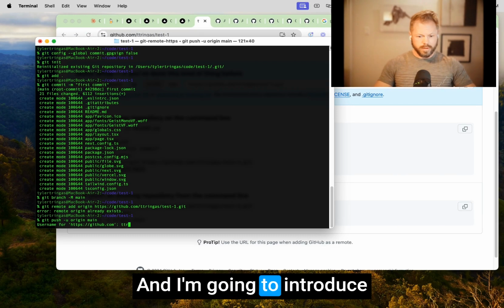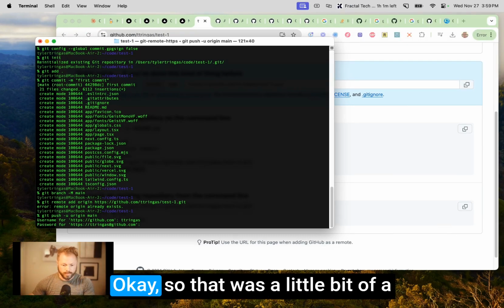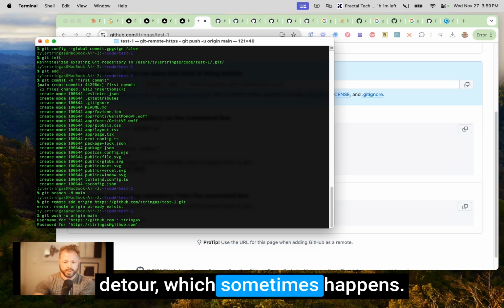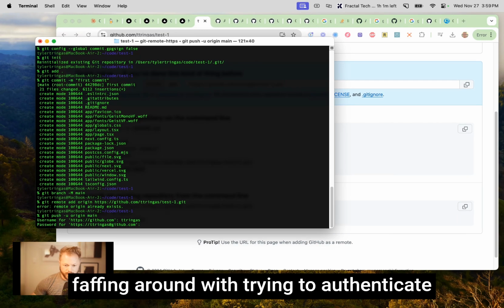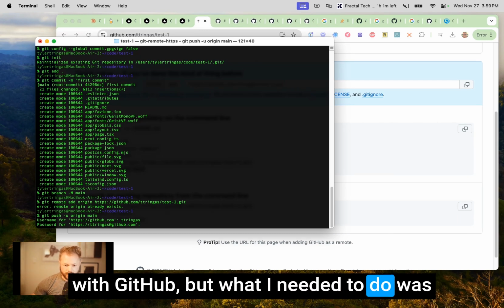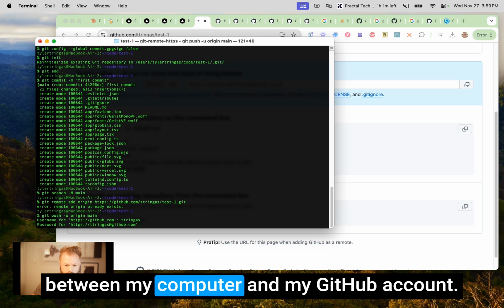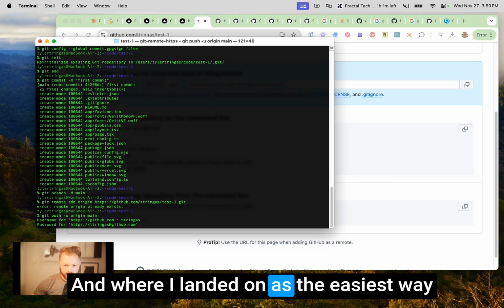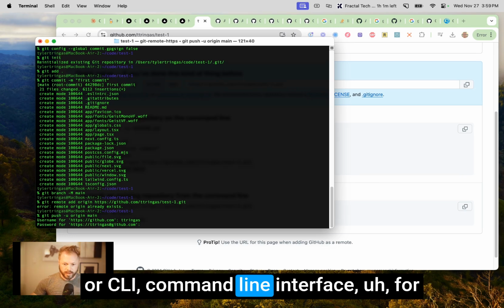Okay, so that was a little bit of a detour, which sometimes happens. I'm not sure if I'm going to edit out the entire faffing around with trying to authenticate with GitHub, but what I needed to do was to somehow create a secure connection between my computer and my GitHub account. And where I landed on as the easiest way was this command line tool, or CLI, command line interface,